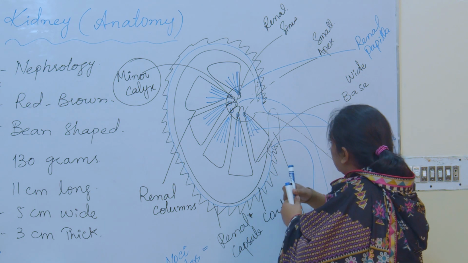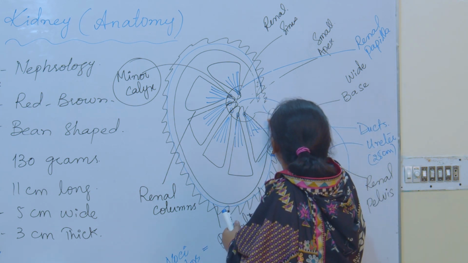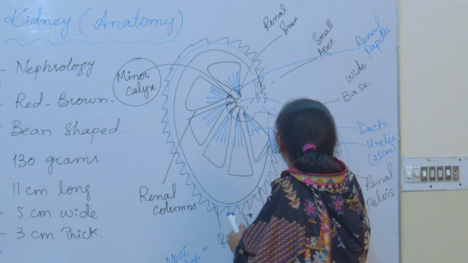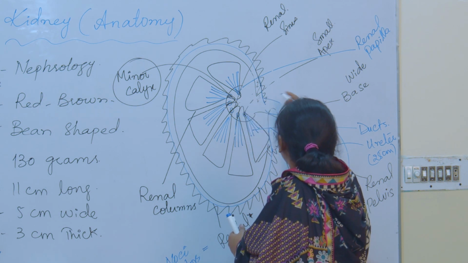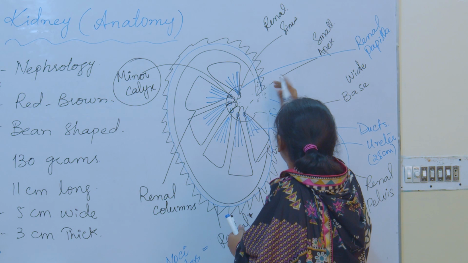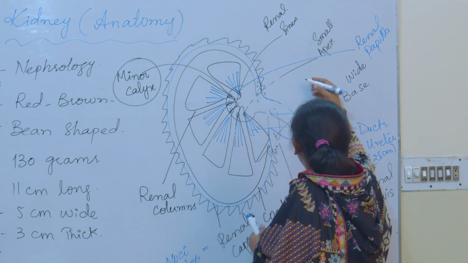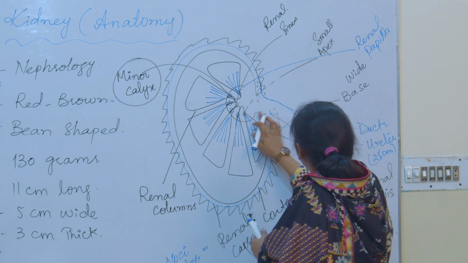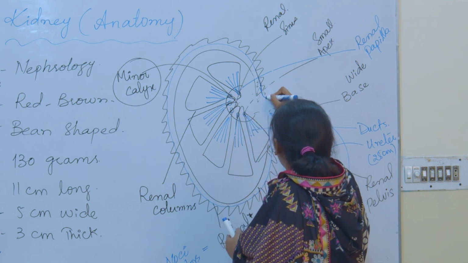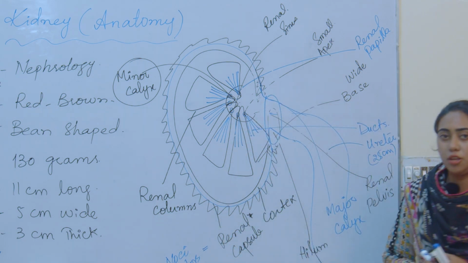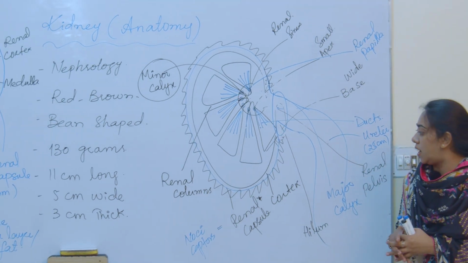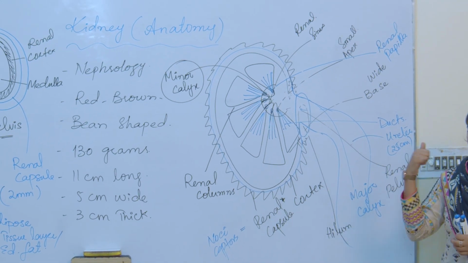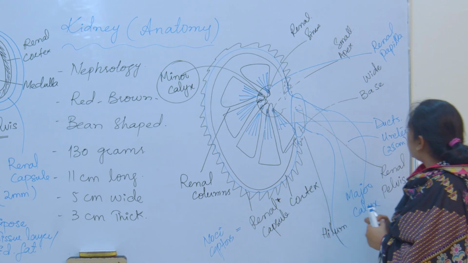I think I must distend it a bit. Okay. So here it is the part which is connected to the, this part that you have is actually the hilus, from where the ureter is coming out and from where the arteries are going into the kidney and out of that. I will number them one by one, exterior to interior, so it will be easier for you.